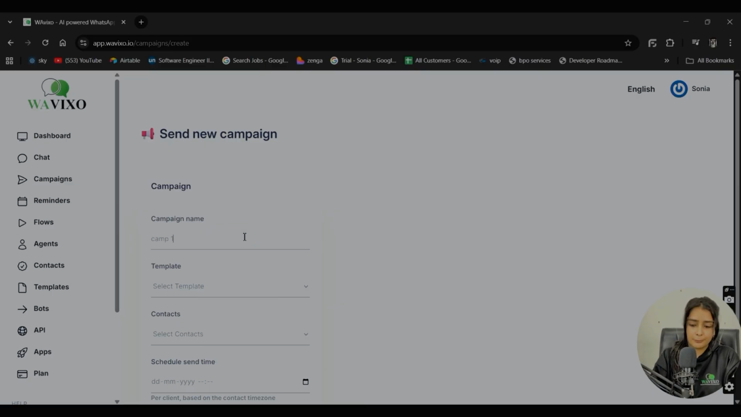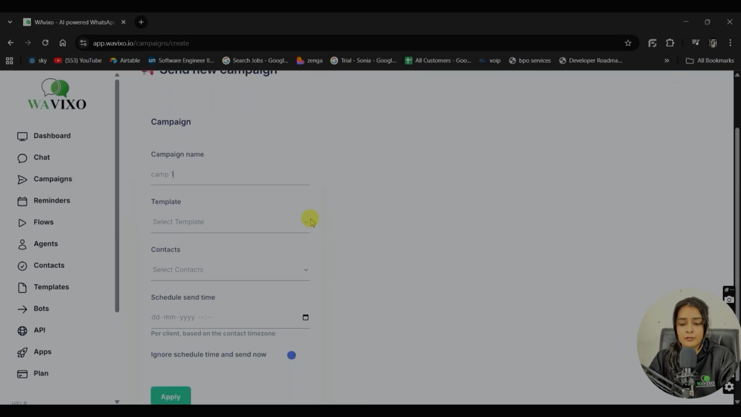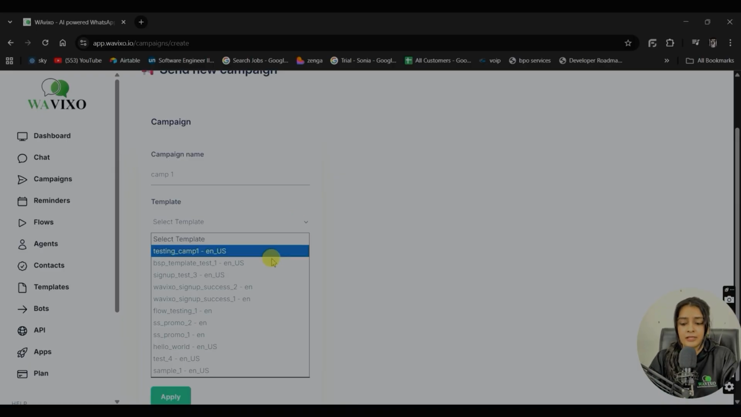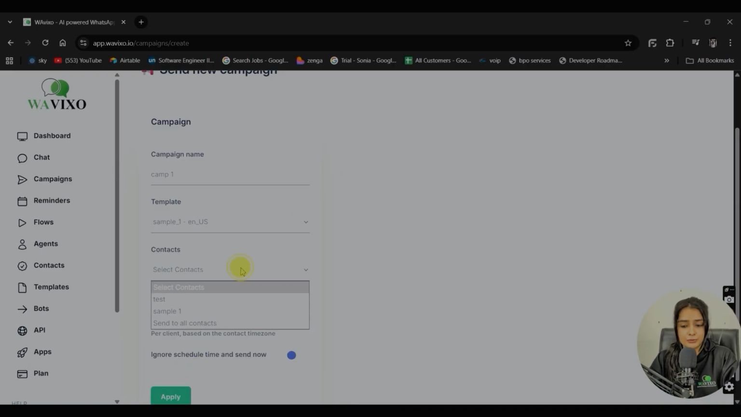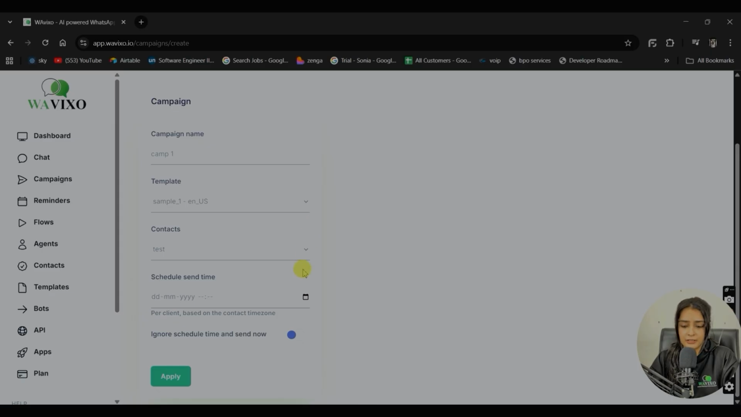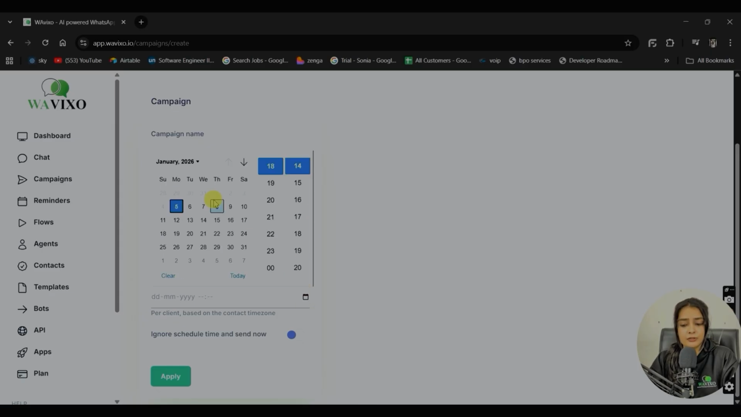Let's go with Campaign 1. Okay. Then choose the approved template you want to use. Next, select the contact group you want to target. Let's go with trial. Now, if you would like to schedule a campaign for later, you can set a date